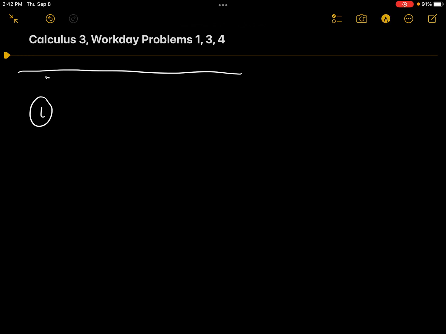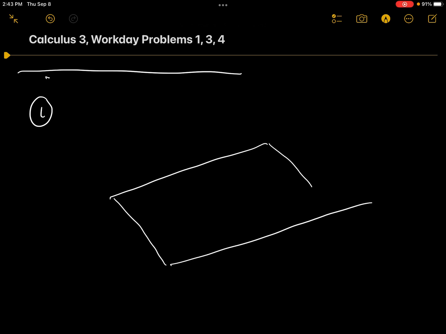Problem 1 says find the equation of the plane through the point P naught (2, 4, 5) perpendicular to the given line L. Okay, drawing a picture here. We have our plane. I'm going to call this plane M. Now we know the point P naught is on there, and P naught has coordinates 2, 4, 5. And we know that the plane is perpendicular to the line L,